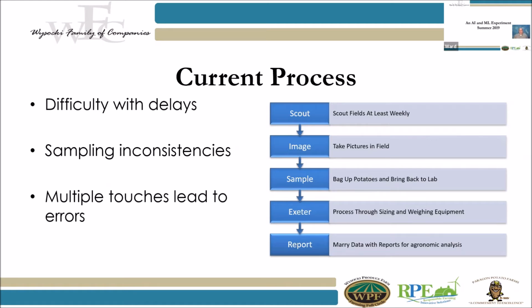We have all kinds of delays with that. There are inconsistencies in the sampling. We use high school interns in the summer to do our scouting all over the 5-county area, and they don't necessarily always pick up and gather up all the things they're supposed to. So they may leave a couple behind. And then once they get the data back, they lose the tags. There are all kinds of problems inherent in the process that cause us problems along the way.